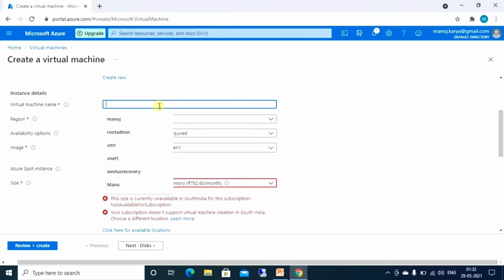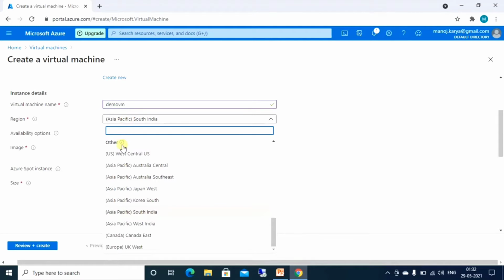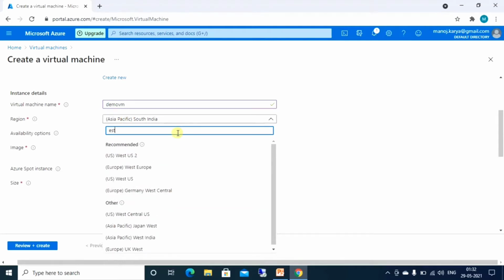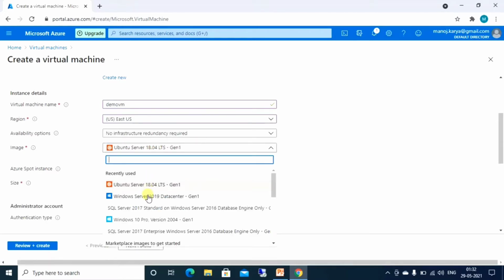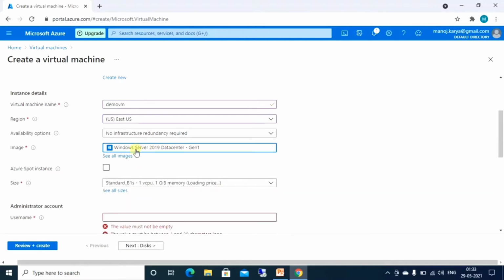Let me give the name demo VM. I am creating it in the East US region. I am taking Windows Server 2019 Datacenter.